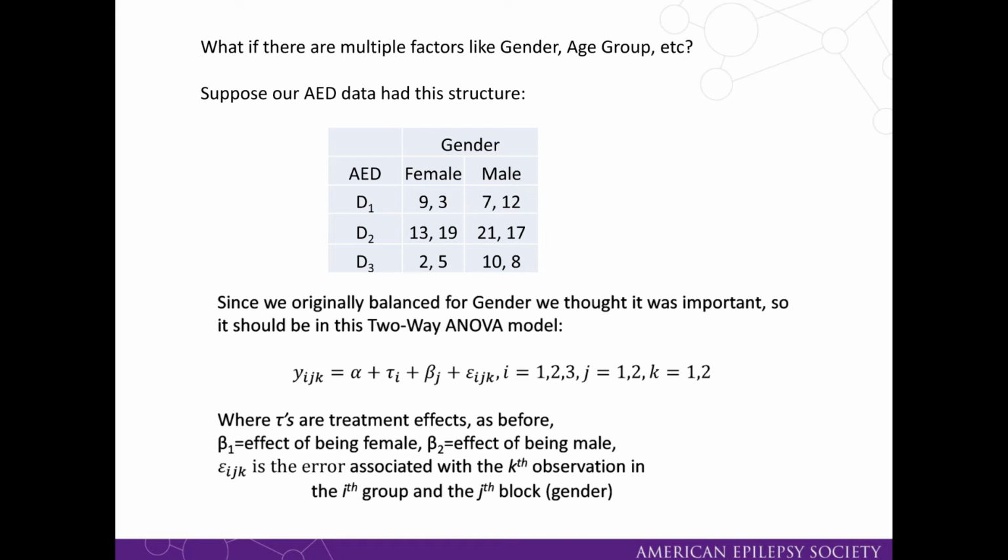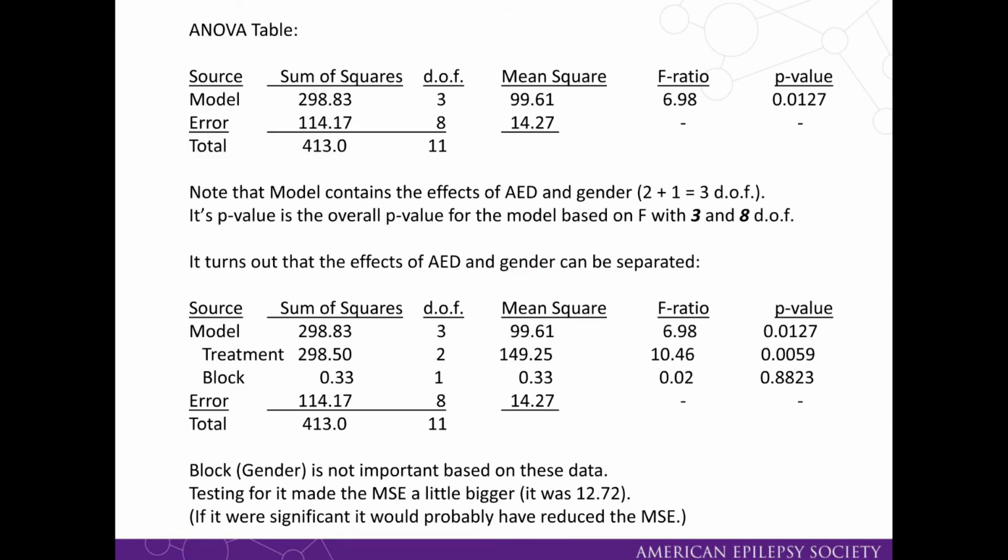Okay, so does gender make a difference? Will it help taking gender into account? Well, now you recall we had our old friend, the ANOVA table, which summarizes all the data quite nicely. Now, instead of calling this first sum of squares treatment, we'll call it the model sum of squares. And it has 298.83. It has 3 degrees of freedom. Error has 8. It must add up to 11, which is n minus 1. Big N was 12. There are the respective mean squares and the ratio, and we still have a significant